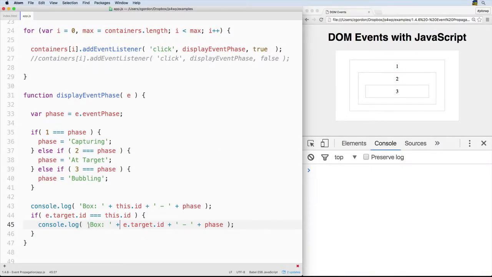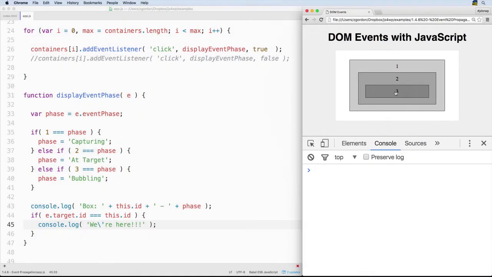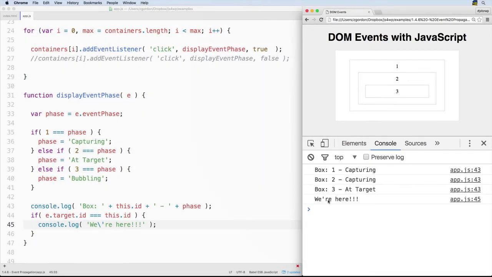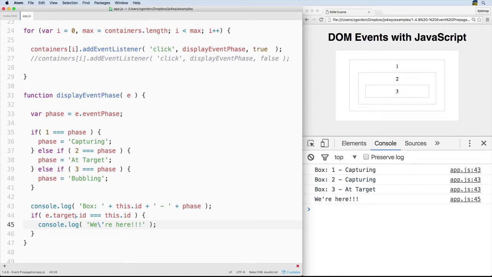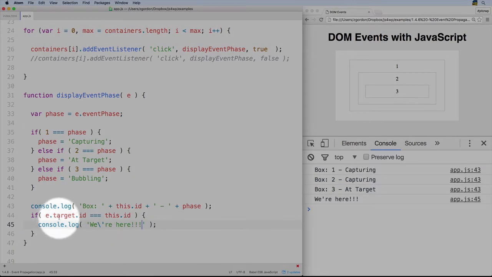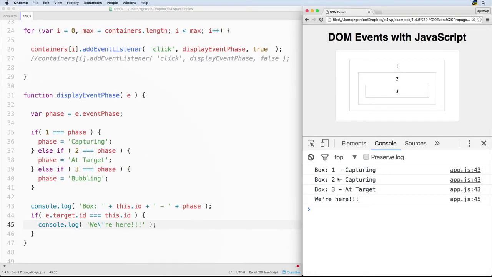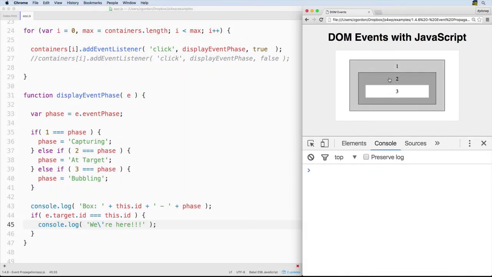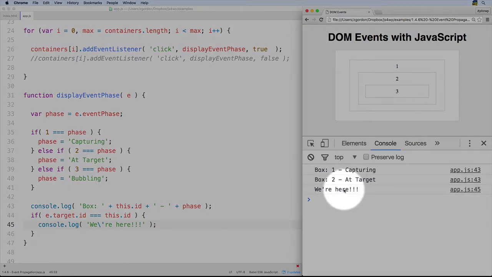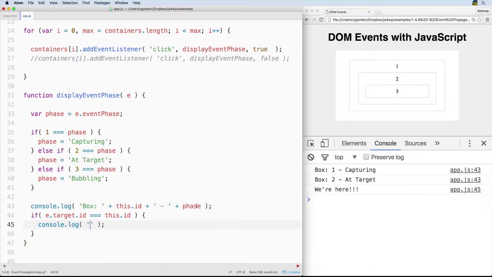So let me change actually this message. Then I'm going to click it. Okay, so notice that the last time we saw that e.target is actually equal to this, but in the other ones, this was not equal to target. In position 1 and 2, this was not where the target was happening. Now if we change it and we click on 2, notice that now when it gets to 2, it triggers. Again, this may be a little bit confusing, this may not make complete sense,